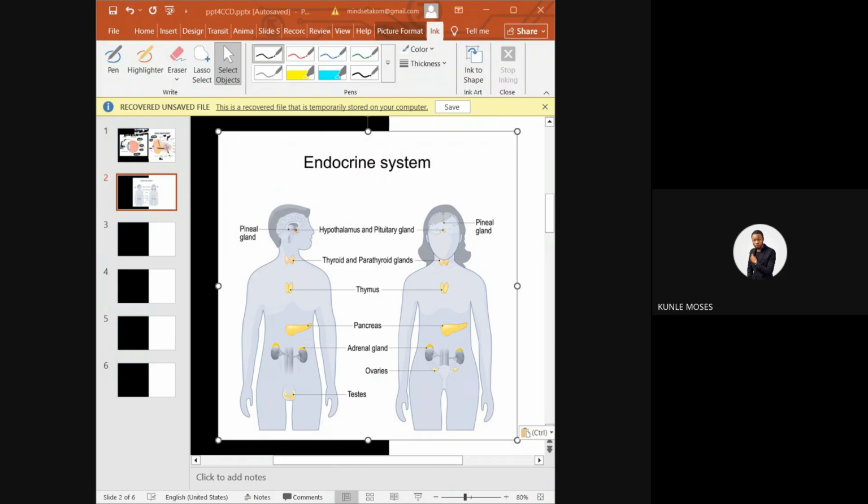So the pituitary gland, in case they ask you what a master gland is, it is the pituitary gland, and the reason why it is called the master gland is because it controls every other gland. So every control system starts from the brain, especially the hypothalamus. It's the part of the brain that works with the endocrine and the nervous system. So from the hypothalamus to the pituitary gland, from the pituitary gland to every other gland.